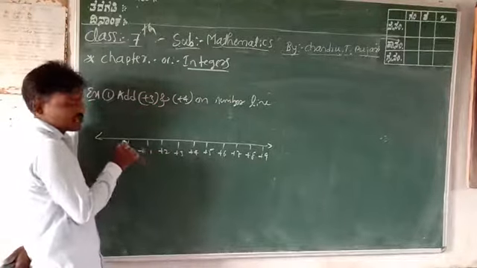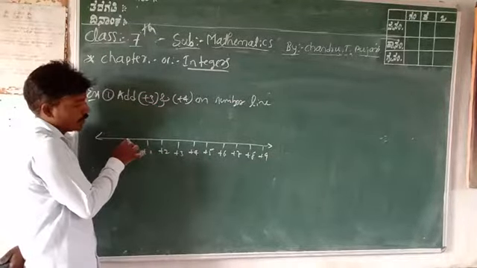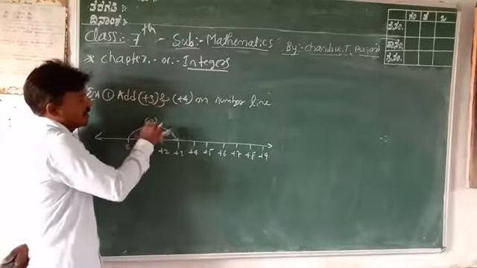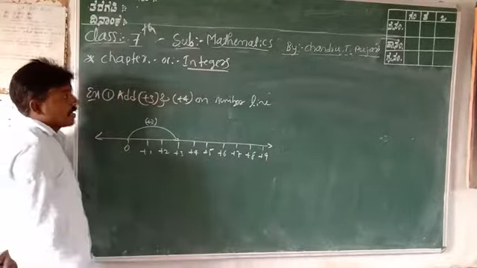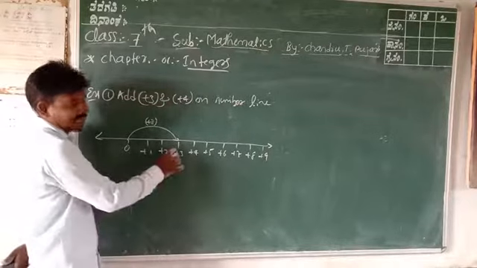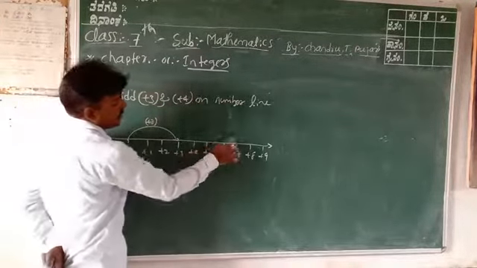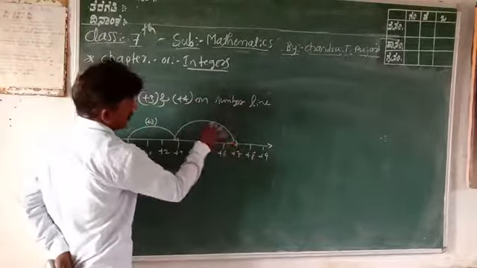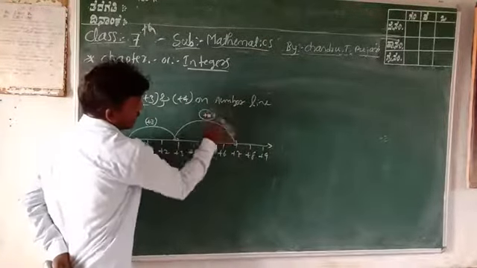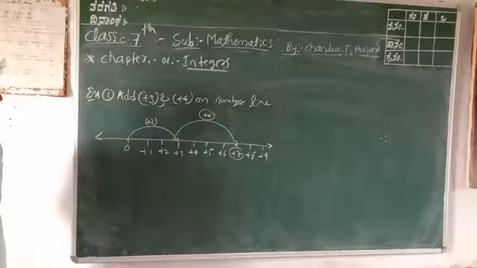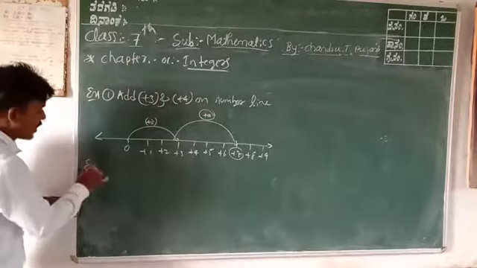Where is plus 3? You start at 0, from 0 to 3. This is plus 3. Again addition: plus 4. Starting from 3, you count 4: 1, 2, 3, 4. Therefore, our answer is plus 7. Add on the number line. Our example 2,